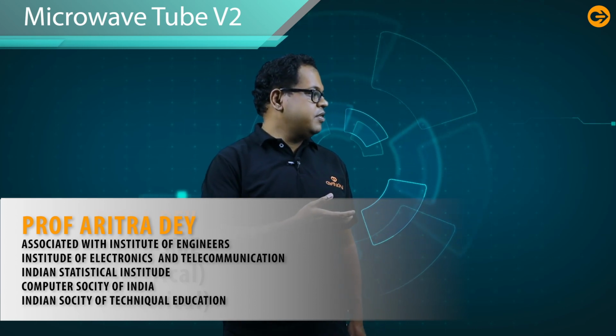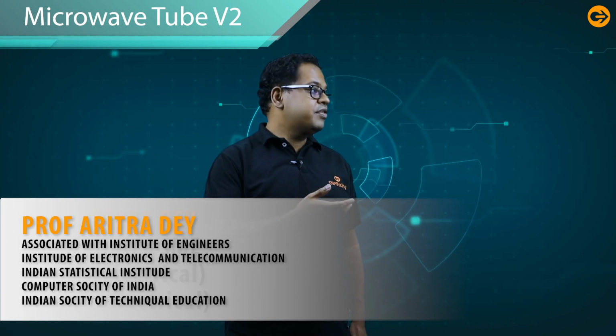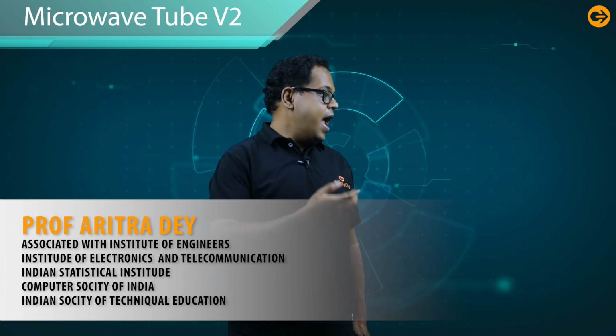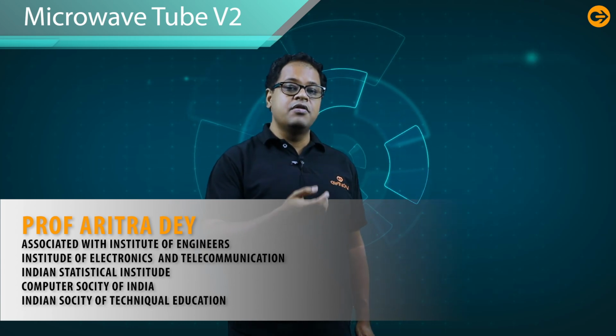Here, the frequency is used up to 60 GHz and the power gain is 40 dB. Here the efficiency is 40% and it is used in coaxial cavity, radial cavity, tunable cavity. But as you can observe, the efficiency is only 40%. So to increase the efficiency, we have to use the multi-cavity klystron.